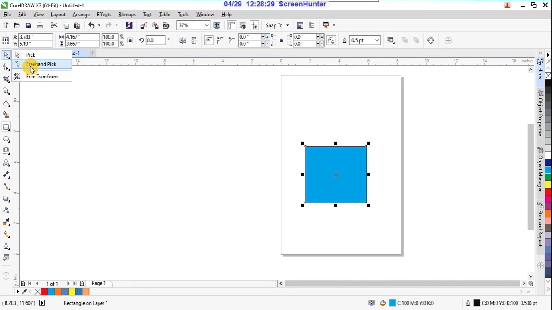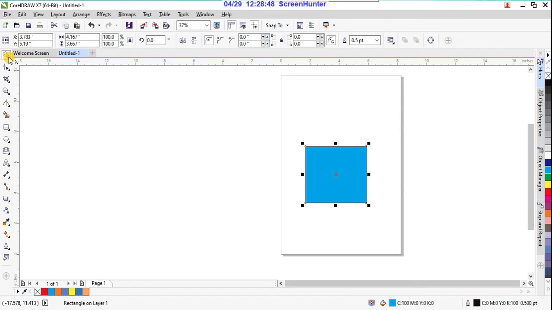Then here check the freehand pick. So how it works, the freehand pick tool selects objects by using a freehand selection marquee, and positions and transforms objects.